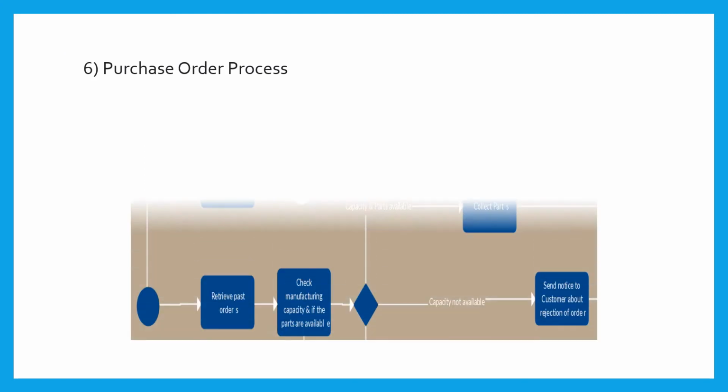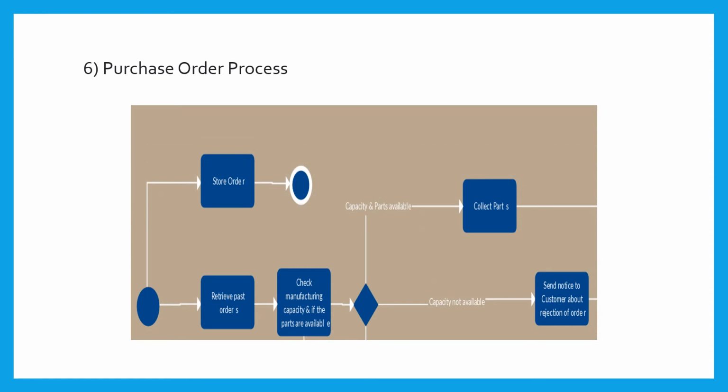Purchase order process. This is a flowchart of business process management. The purchase order process is the journey of a purchase order (PO) from creation through purchase order approval, dispatch, delivery, invoicing, and closure. A purchase order outlines the required items, the agreed upon price, delivery expectations, and payment terms.